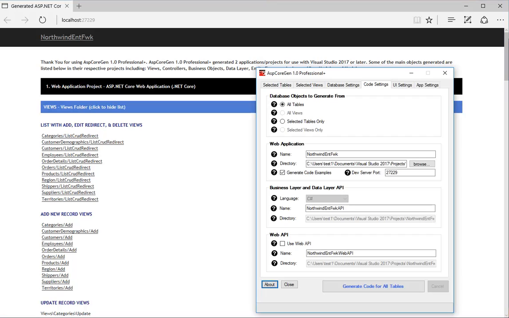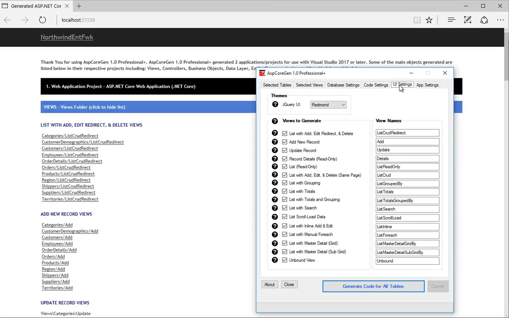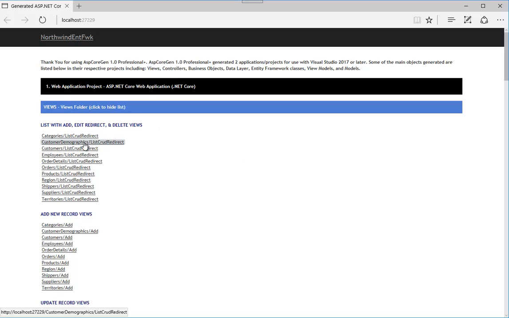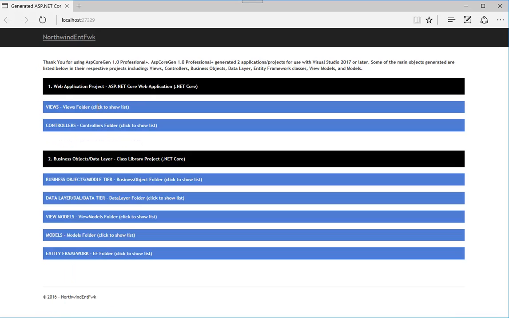Again, if I go back here, look at the UI settings, these are all the views that were generated per table. So I'm gonna go back on the web page. Because these are views, we made it even simpler so that you can click on the view itself. On the class library,